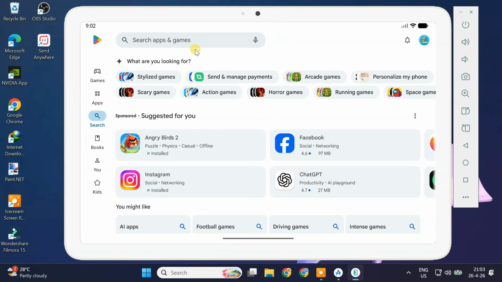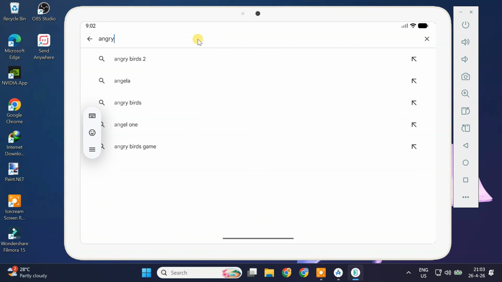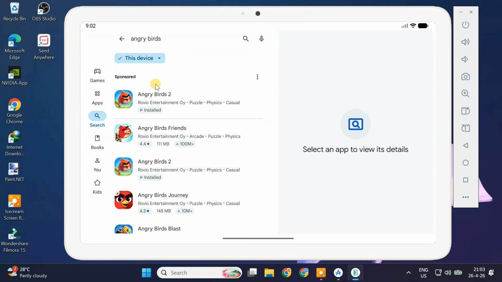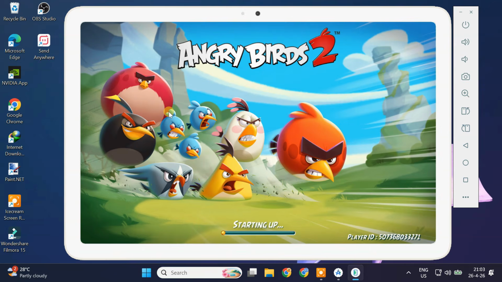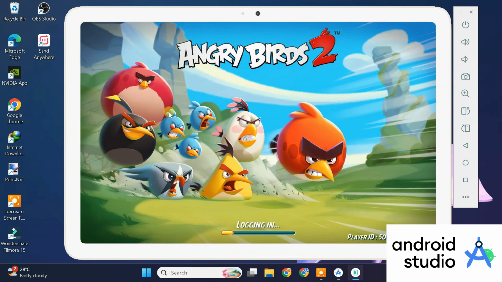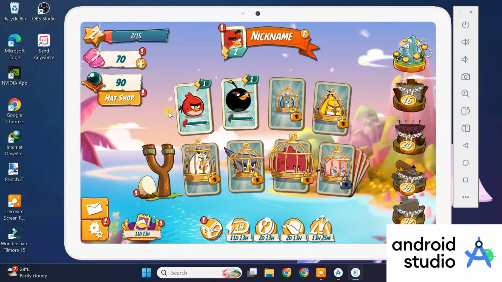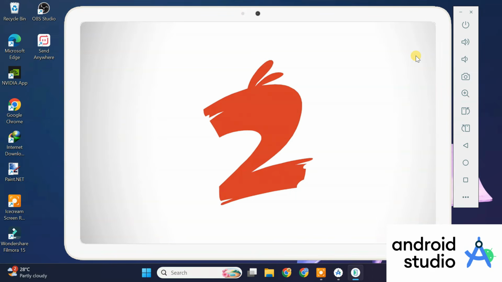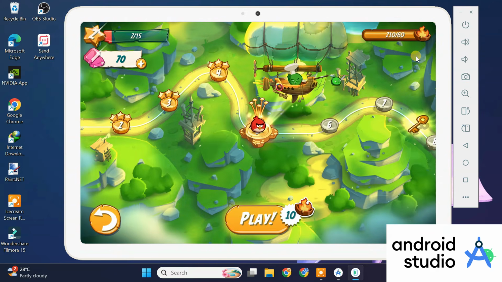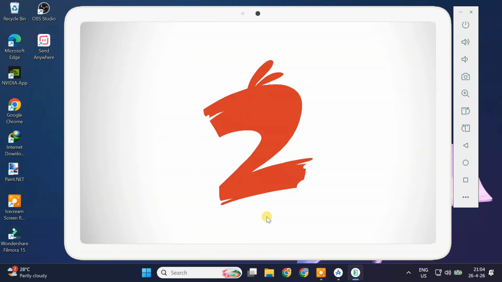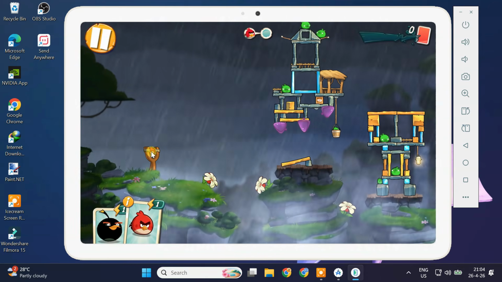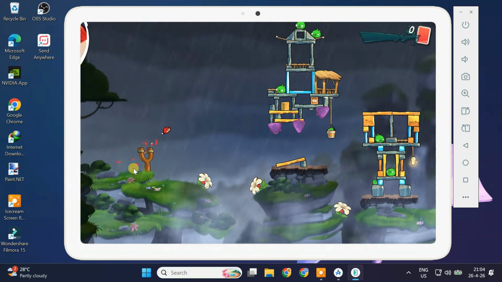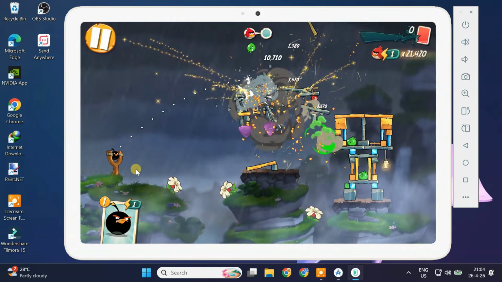First, let's understand how this actually works so you don't get confused during the setup. We are not installing Android directly on your system like a separate operating system. Instead, we are using Android Studio, which is Google's official development tool. Inside this software, there is a feature called a virtual space, which allows you to run a full Android system inside Windows. So basically, Android will run like an app window on your PC, but internally it behaves like a real Android tablet. You will get the full interface, settings, Play Store and all the features just like a normal